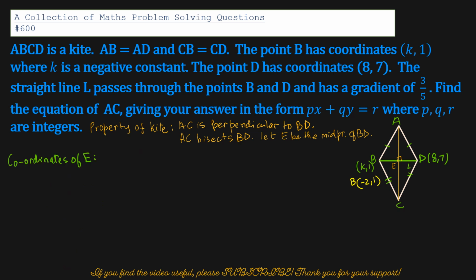So now we need to find the coordinates of E, and because it's a midpoint, we use the midpoint formula. So that would be (-2 plus 8) divided by 2, because the coordinates of B are (-2, 1), and (1 plus 7) divided by 2. So we get (3, 4) as the coordinates of E. So the next step is to